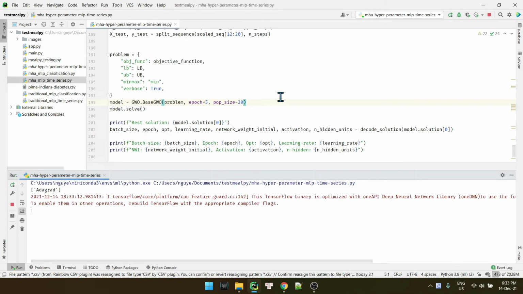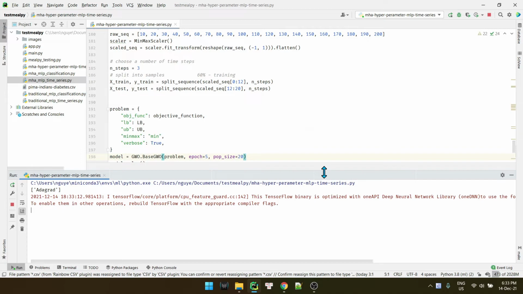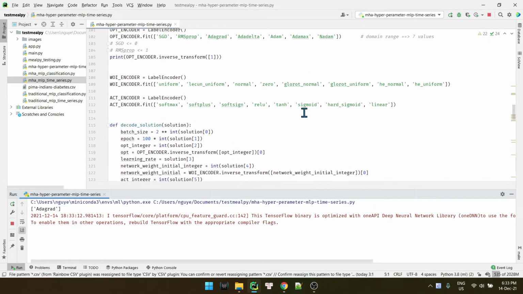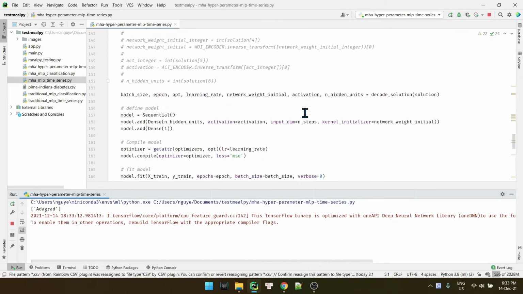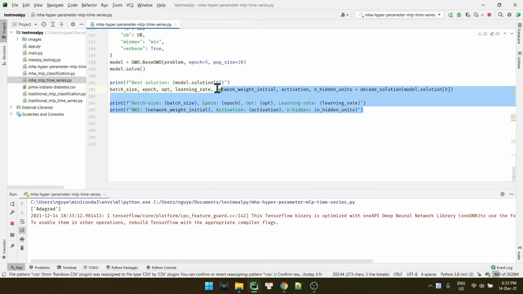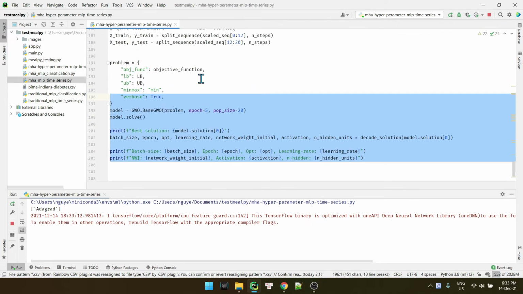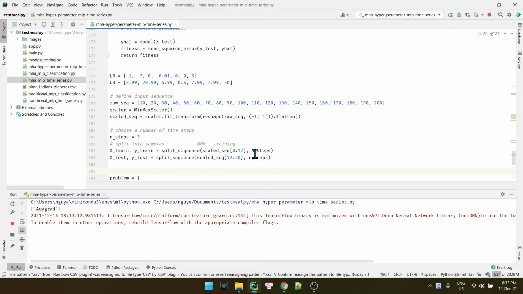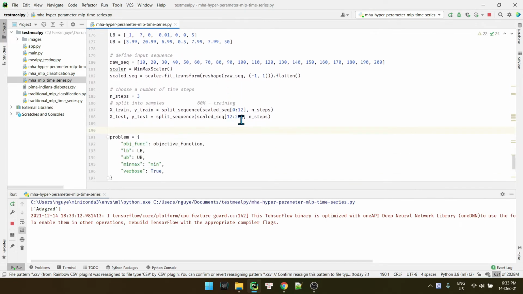Okay. So now we are waiting for the result. I hope we don't get any errors anymore. So the code is actually running right now.